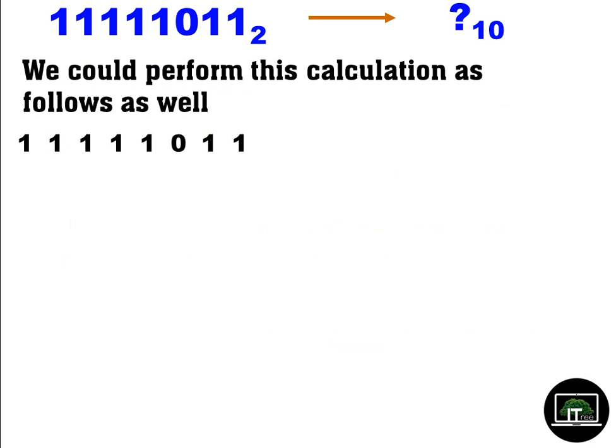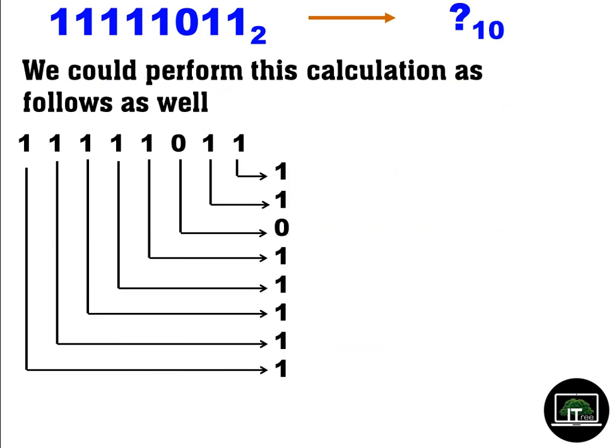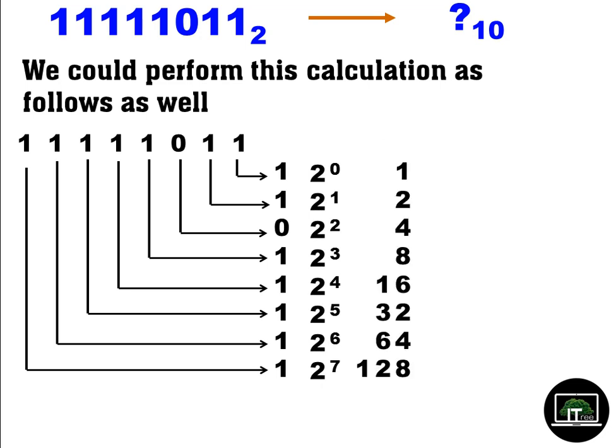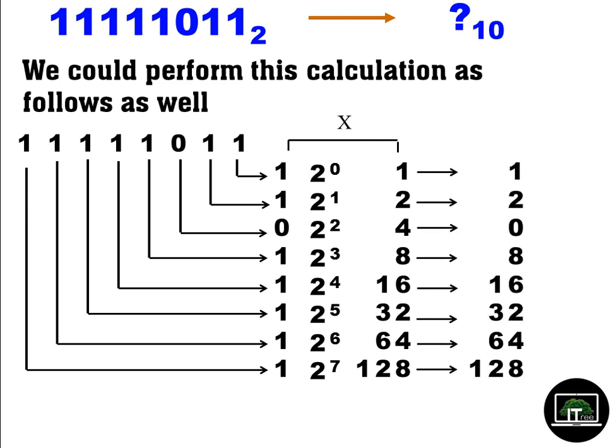We'll do this one in another way. This also you could do. You write the numbers down. You write the positional value of these. You get the real values. Then you multiply these two together. Then you get the values something like this. Then you add together. So this binary number will get 251 as the decimal value.